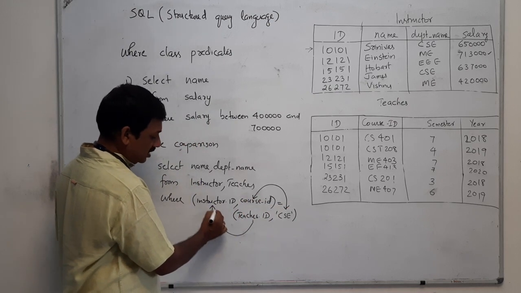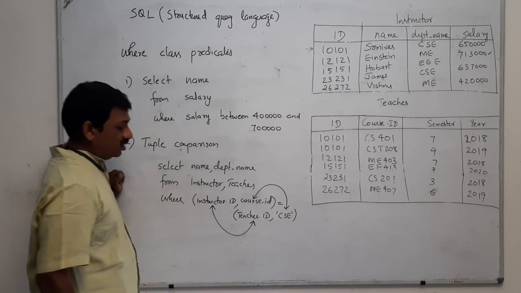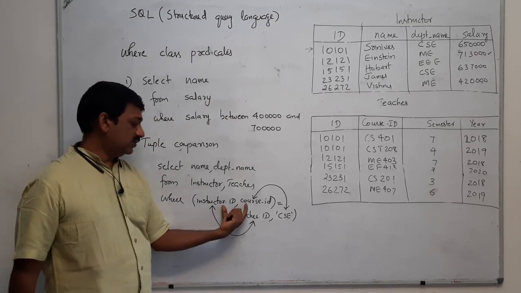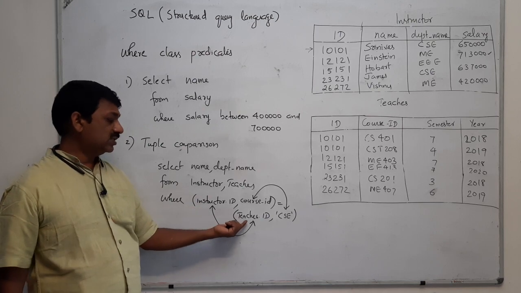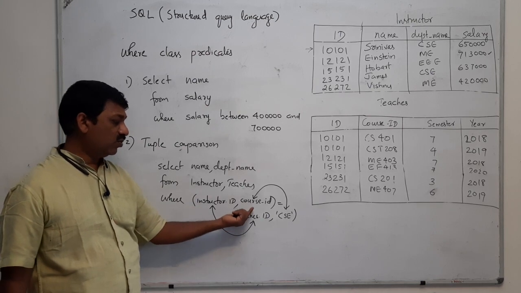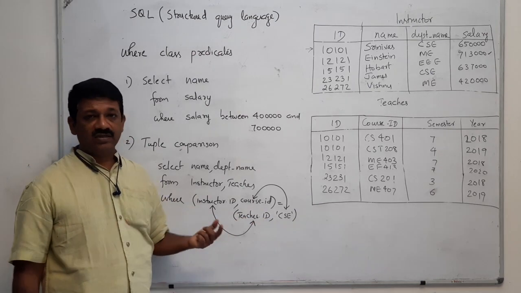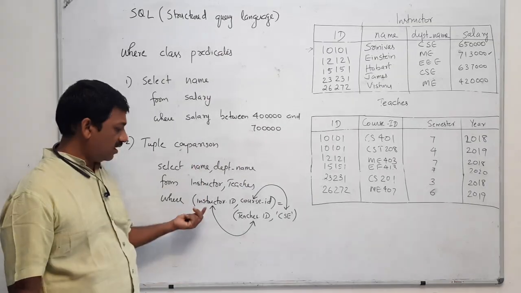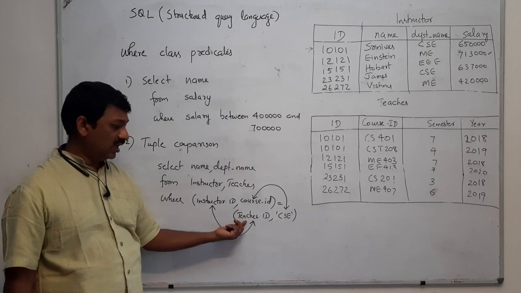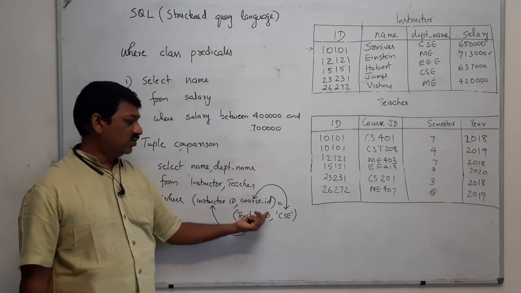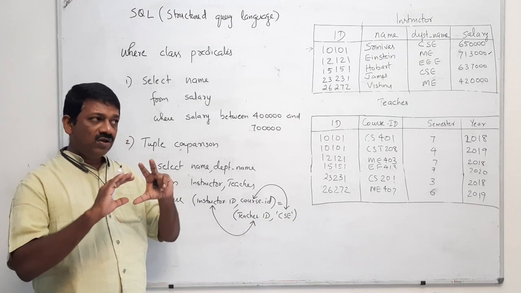That means for comparing two sets of attributes, here you can have a statement like instructor ID equal to teachers.id and course ID equal to CSE. That means separating those two, you can have instructor ID equal to teachers.id and course ID equal to CSE. So for that,